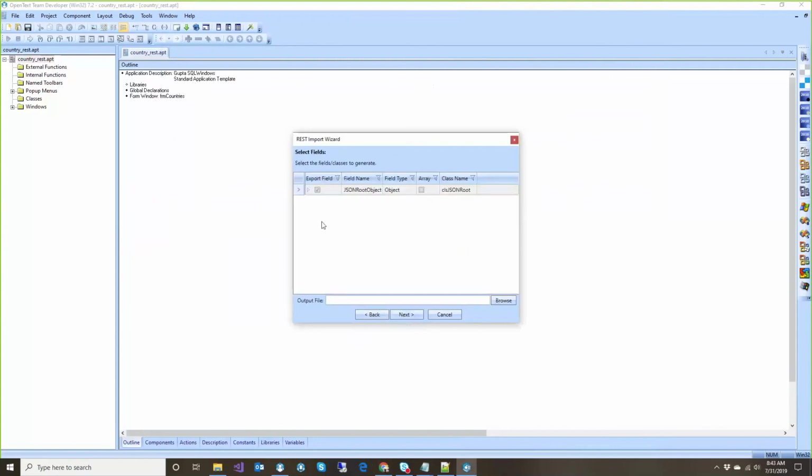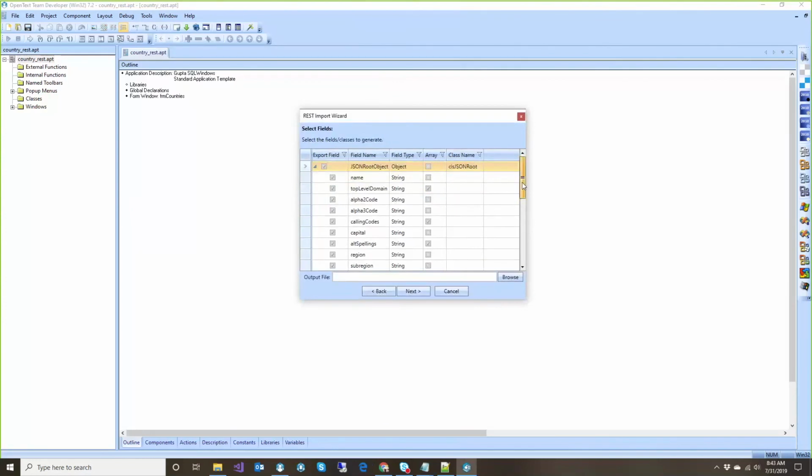And what it will do is give you a grid that will allow you to select which fields you want to go ahead and import. You can also, for the fields which are UDVs, have the ability to customize the class name. We'll try and come up with a decent initial class name, but sometimes, especially for that root object, we have no field name. So I might just edit this and say class country data,